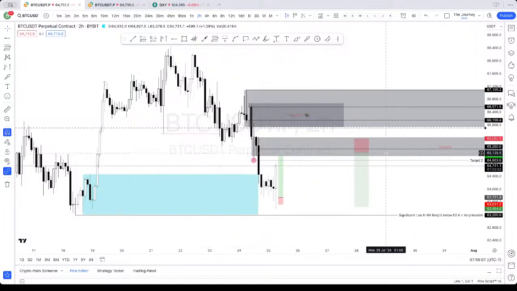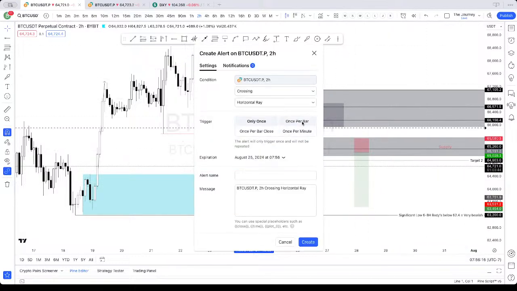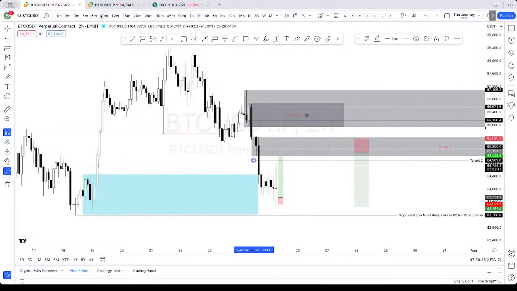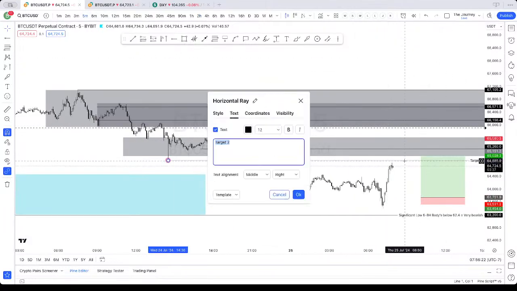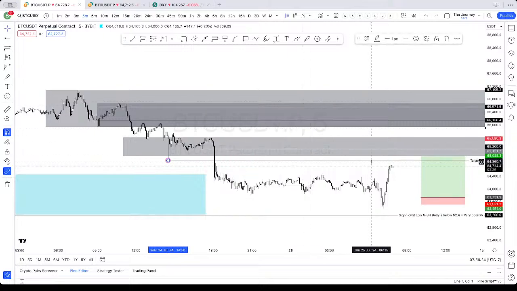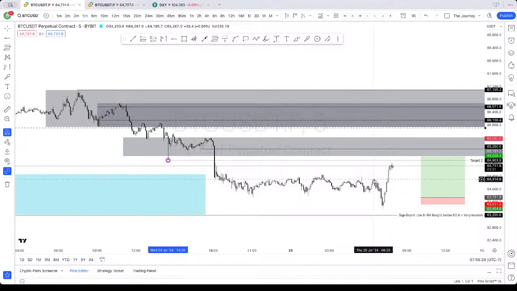I'm going to get another alert right here on what I have labeled target 264,903. Let's get an alert there once per bar, but not on the 2 hour chart, probably like the 5 hour chart. Okay, and then